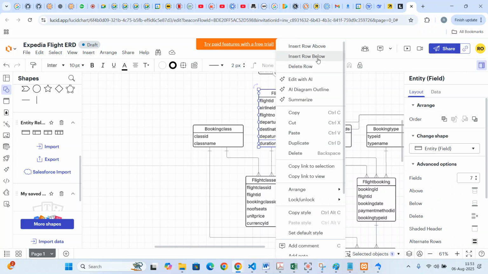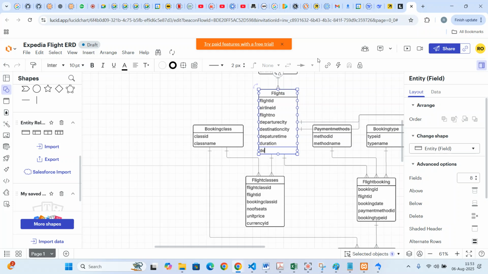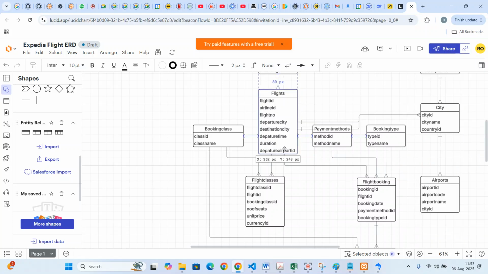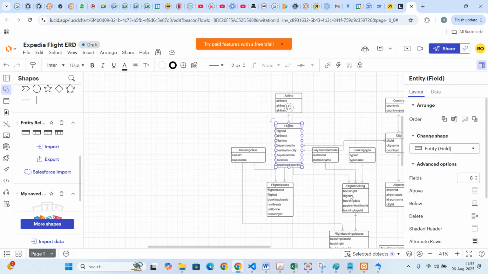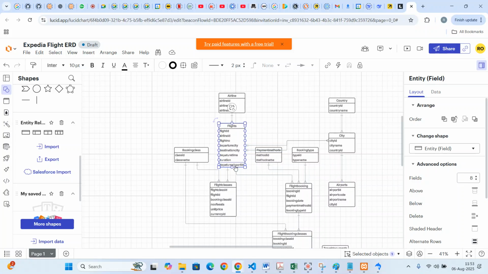So insert row below: departure airport ID. So if I know the airport, then definitely I would have known the city. So probably I might not need the departure city. So if I had the airport, where are the airports? They're here. So if I have this airport,